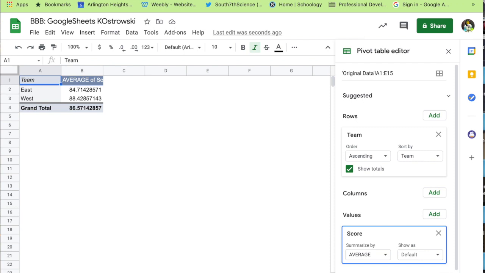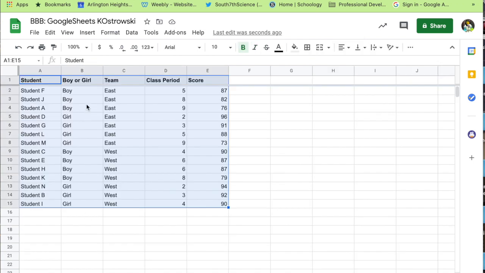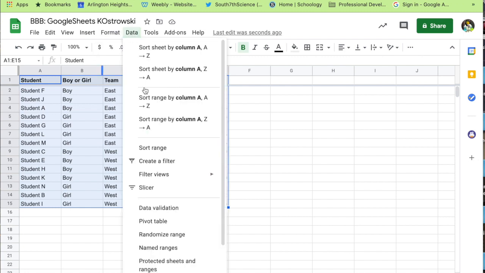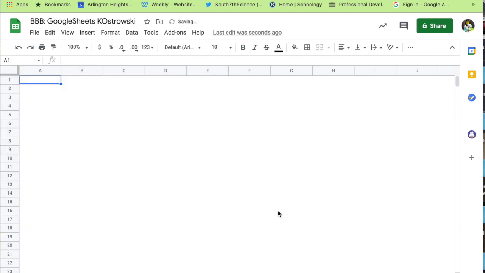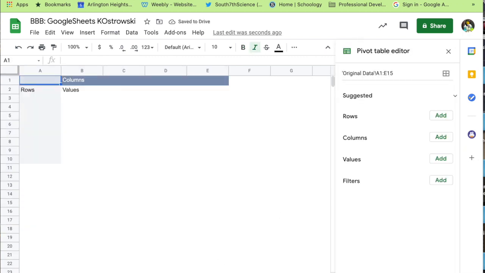All right, one more pivot table. Click on the original data. I'm going to make a pivot table about class period. So I go to Data, Pivot Table, New Sheet, Create. I'm going to rename this one Class Period. And then I'm going to click on Rows,